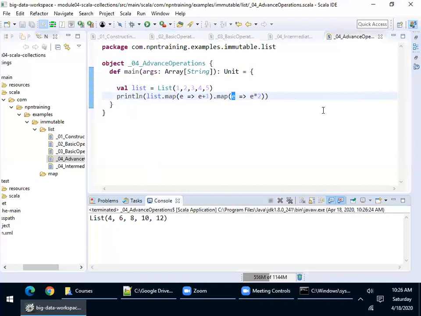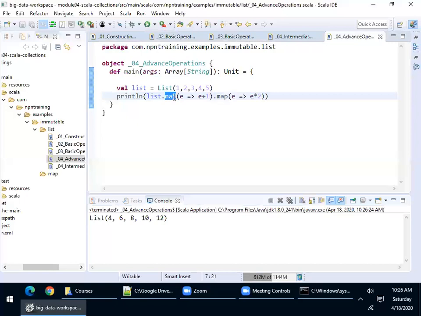No, can I pass the value 2 to the next iteration? Is it possible? See, any function I pass to the map method, you are applying for the complete collection. It is like that concept. So any function I'm passing, it is not applicable for one element. It is not that way. Any function I pass to the map, it is applicable for the entire elements of the collection. Clear? Okay, very good.